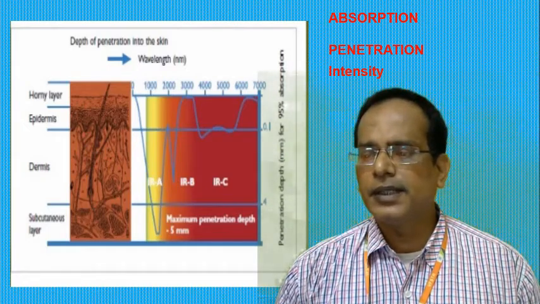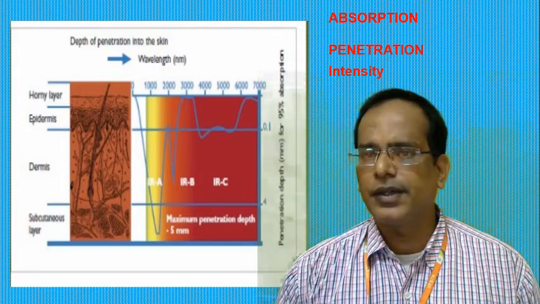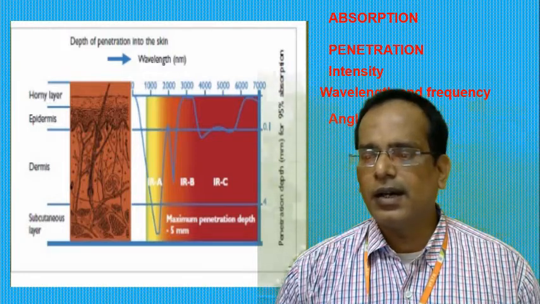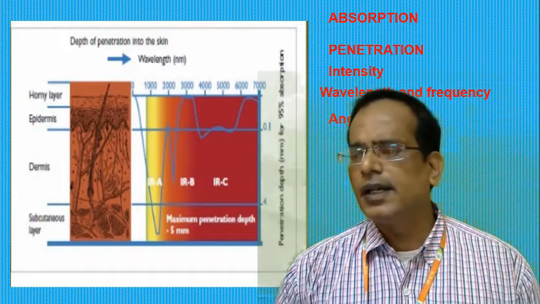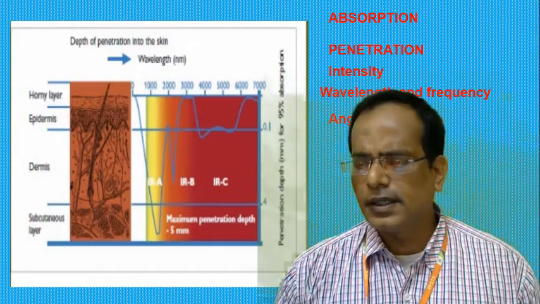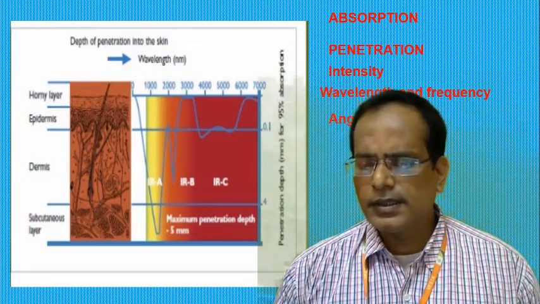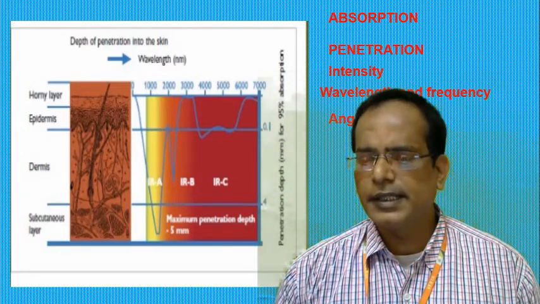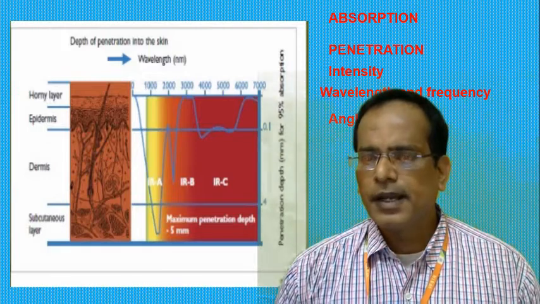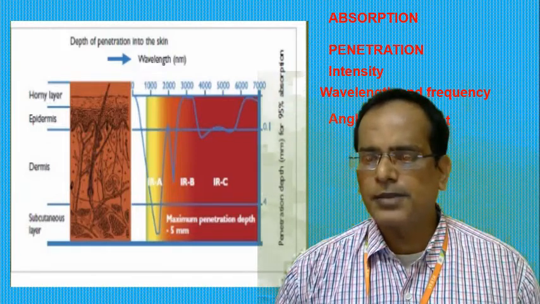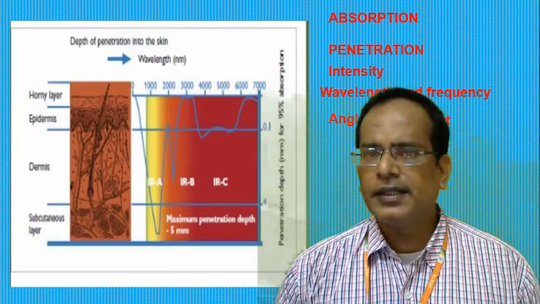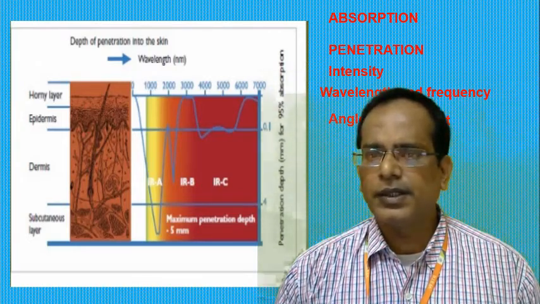Okay. So the penetration of energy into a medium depends upon, first one, the intensity, that is the intensity of the source of infrared. Second one is wavelength and frequency. Third one is the angle at which the radiation tilts the surface, that means the angle at which the radiation must hit the surface. That is very important. Another one is the coefficient of absorption of the material. These parameters are very important for applying the infrared radiation on a human body.